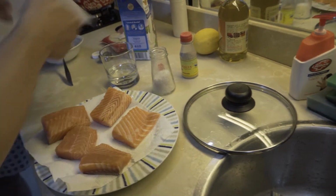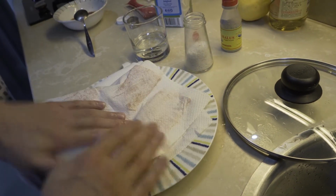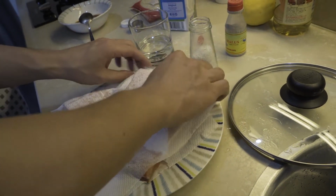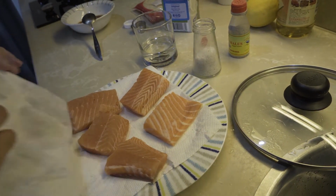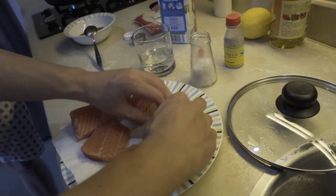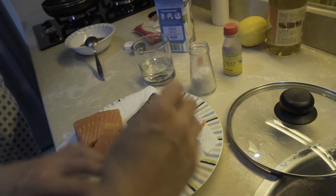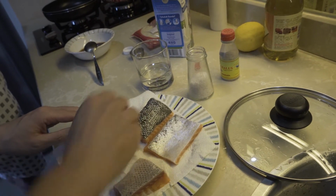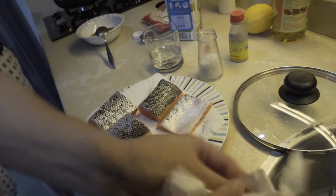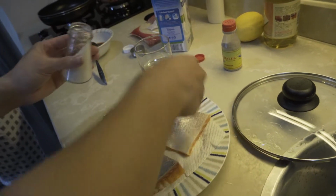Actually, some of the cooks at professional kitchens, for this process, they would dry it, and then put it back into the fridge, because the fridge is actually very drying, right? So they will put it back into the fridge to dry it further after they have salted it. But here, we want to eat lunch, we don't want to eat dinner, so we just do it the fast way. The fast way, correct. Looks much drier also, and the tissues aren't as wet as the first one. Correct. So what happens here, right,